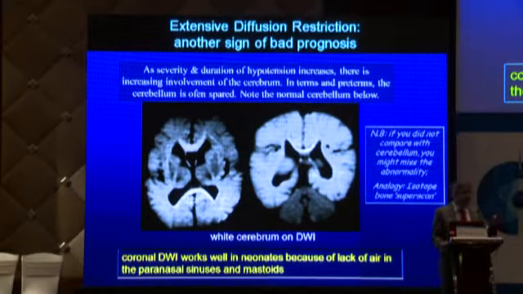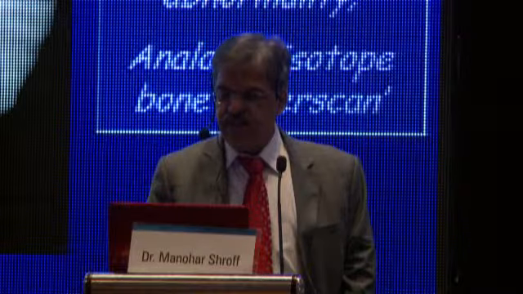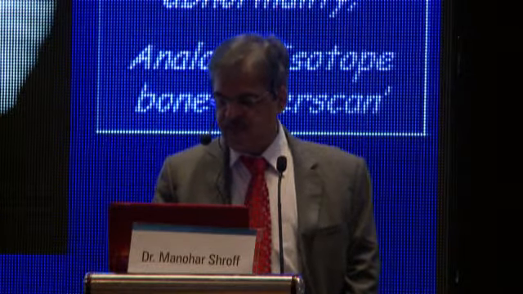So that's very important, that you should time your diffusion weighted imaging or your MR after 48 hours. We try to do it within 48 to 72 hours. Sometimes we do it very early for the indication I told you, but routinely we would do it at 48 to 72 hours. If you do it very early, you may miss the extent of damage. When we have such severe diffusion restriction in the brain, sometimes we do coronal diffusion because neonates don't have pneumatized sinuses. It's very easy, there are no artifacts, and we can get very good coronal diffusion weighted images.